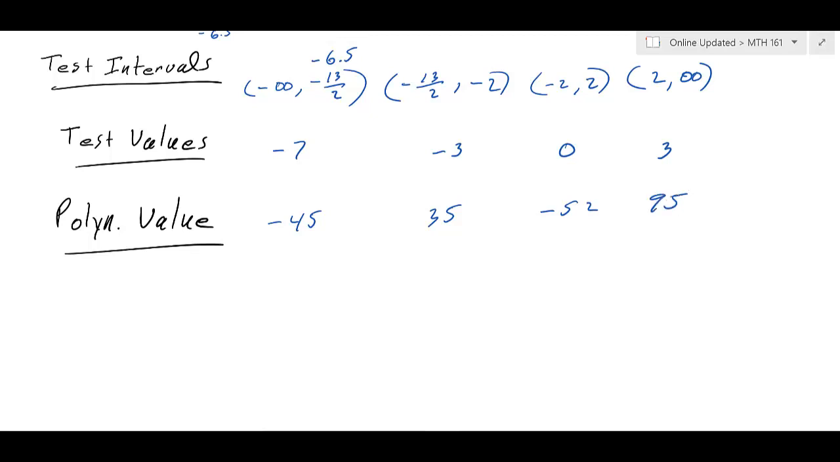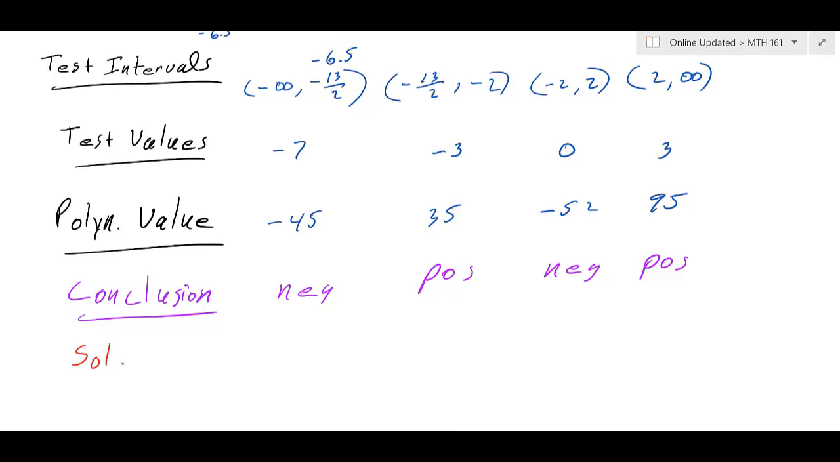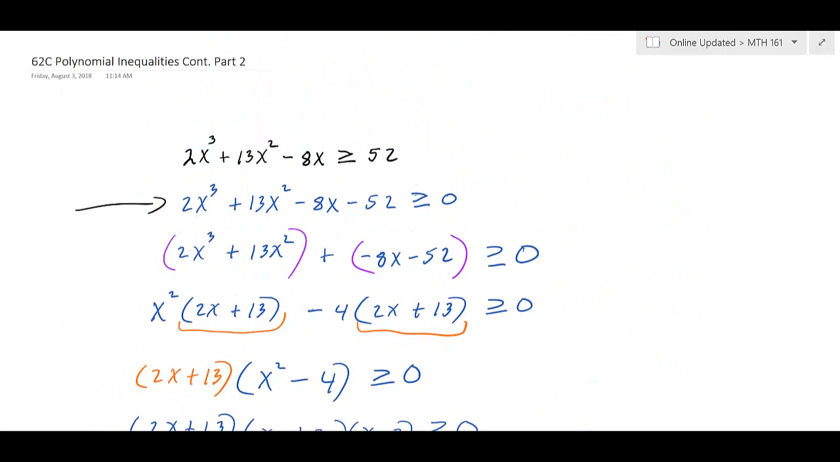So then our conclusion is negative, positive, negative, and positive. Now, when we're looking for the solution, we need to recall, what do we have for the inequality? Well, for this one, we're looking at greater than or equal to. So the endpoint's going to be included, and we're looking for values that are greater than 0, so that means